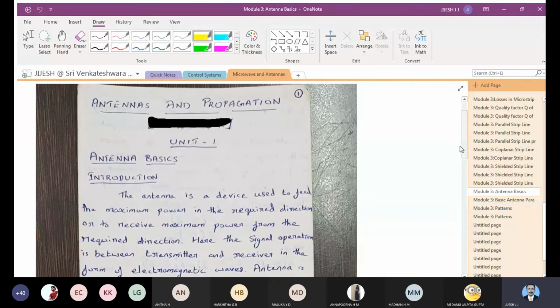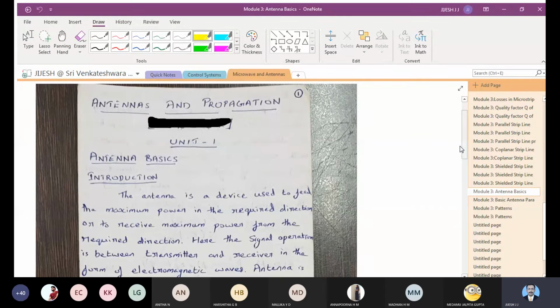And you should know that the signal being transmitted is electromagnetic waves. You have studied in detail Maxwell's equations and all those things in electromagnetics. We are not going to use those things here. We have to know that whatever you have studied in electromagnetics was electromagnetic waves and all those things, whatever you studied in your fourth semester or fifth. I am not remembering where the subject is placed.